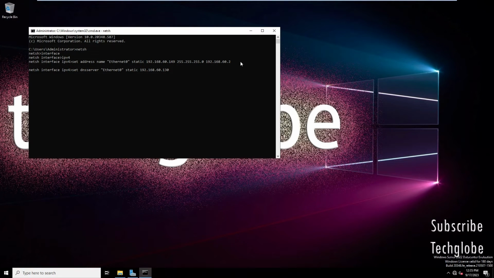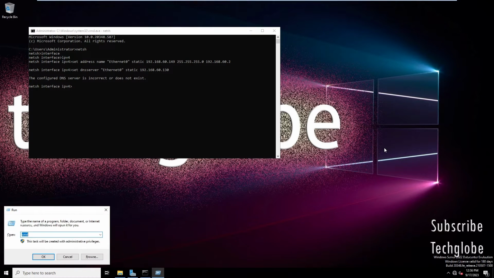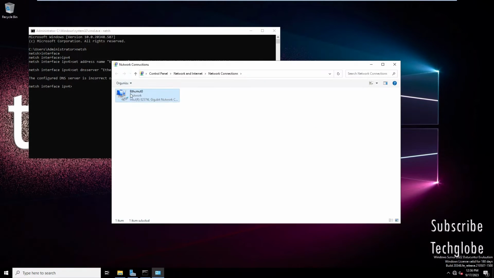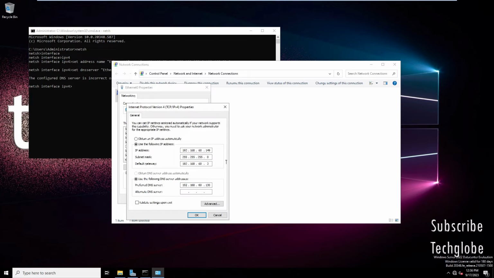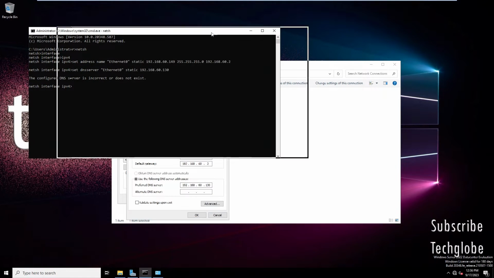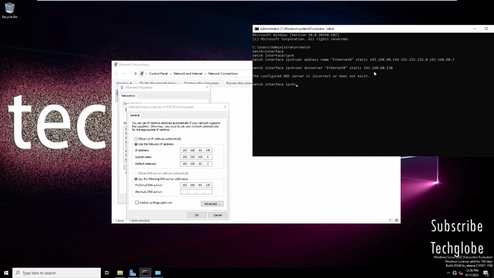And wait for a couple of seconds, and now we have set the IP address of this server. I'm going to check right now. Go to Run command, type ncpa.cpl and go to the Ethernet adapter properties and go to the IPv4, and now you can see here we have entered the IP address of the Ethernet port. Okay, this is the IP address and subnet mask and the default gateway, and we have set the preferred DNS